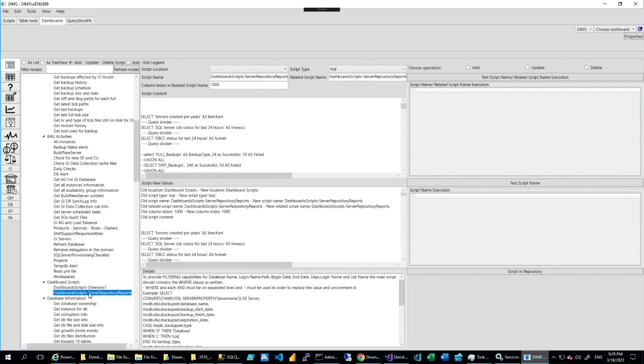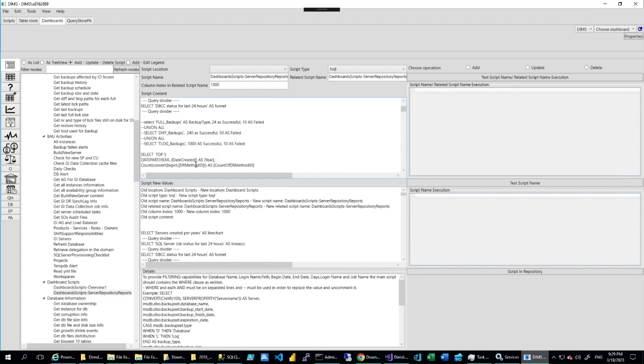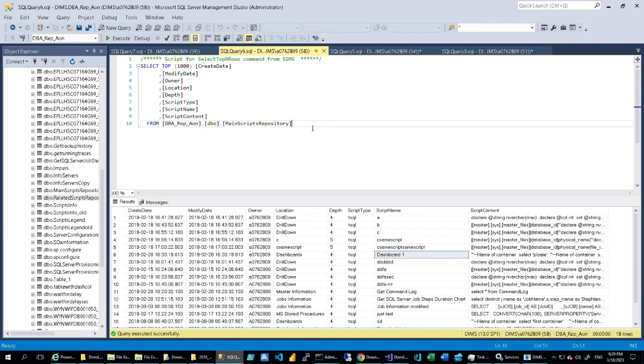So the script name, we go to the dashboards. This is the dashboards. Script location should be dashboard scripts. Okay. This SQL script name, date part year. So yes, this is our script name, date part year. Date part year, Control C. Main scripts where script content, like